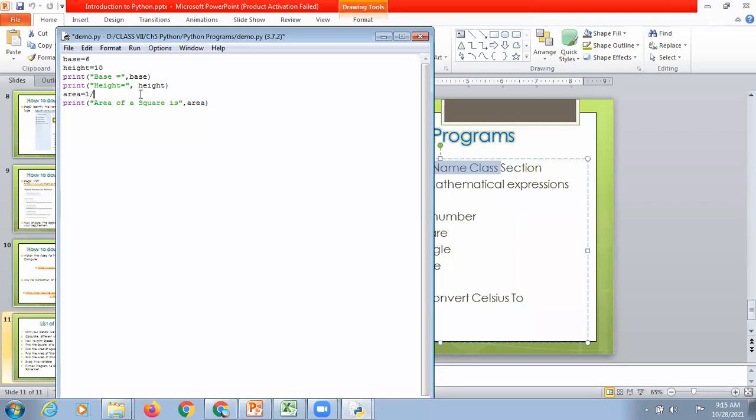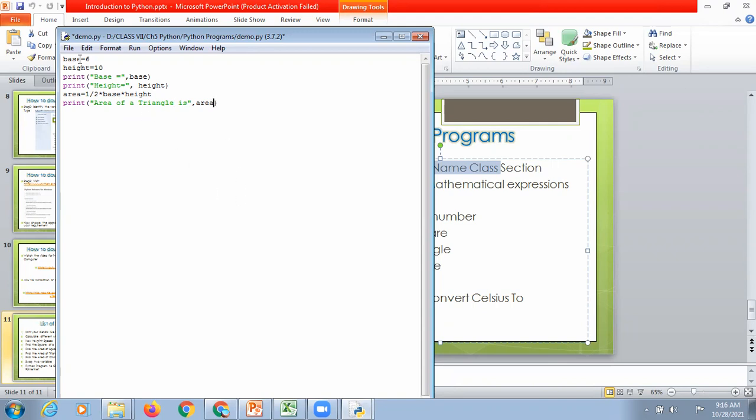Area equals to 1 by 2 into base into height. And print the area of a triangle is area.